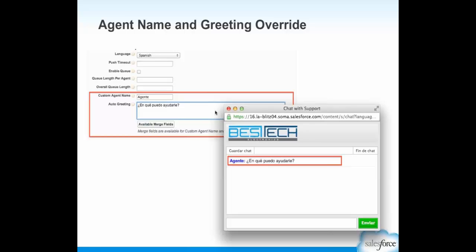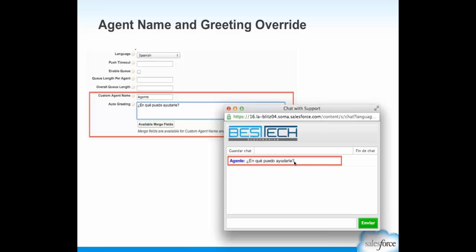Well, when a chat comes in from a Spanish language chat button or a Spanish language customer, you want to present a tailored agent name and automated greeting so that you don't have to do a generic greeting, you don't have to show English language to your Spanish language customers, and just deliver a more personalized experience to those customers. So now for every single chat button, you can override the agent name and greeting depending